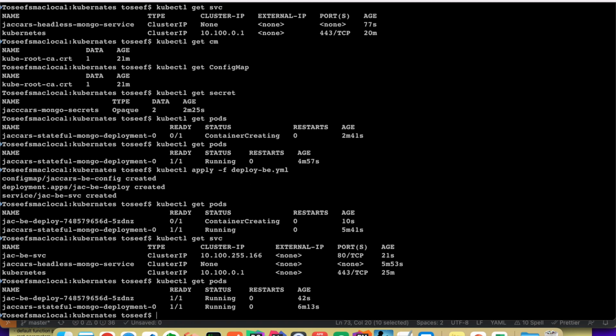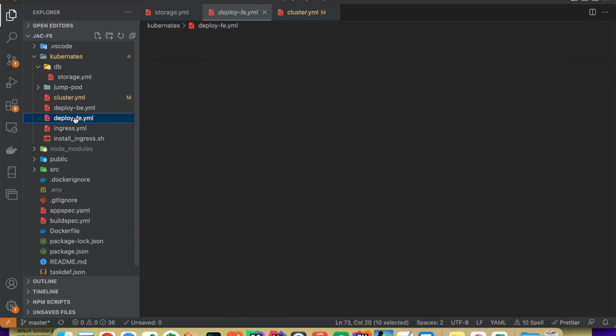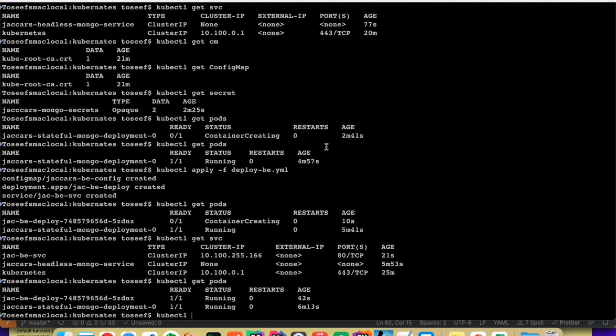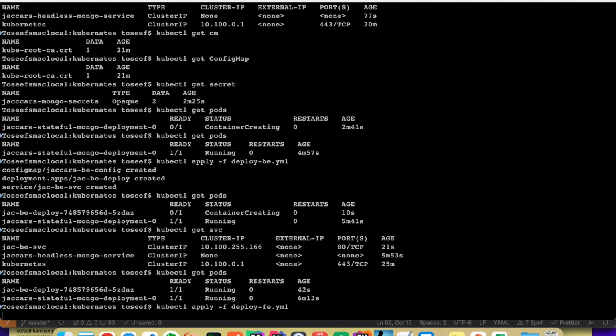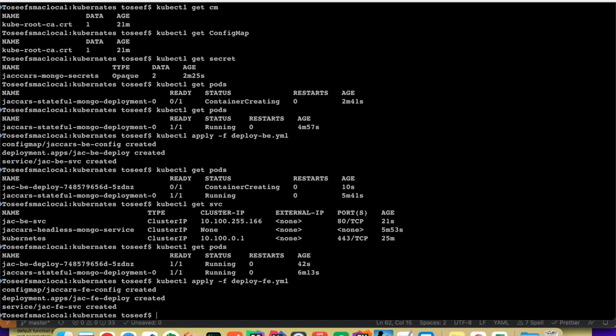And then kubectl get pods. Now we can see that both our pods are running. The database pod is running and the backend application pod is running. Now the next thing I will do is run the front end file and create the pod for the front end. kubectl apply -f deploy front end, and again we can see that